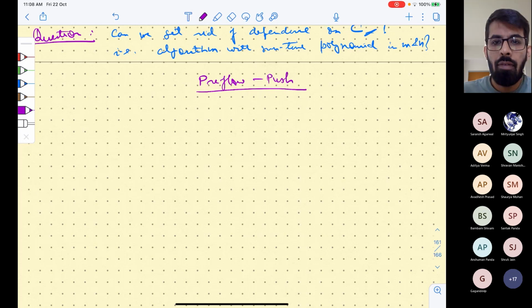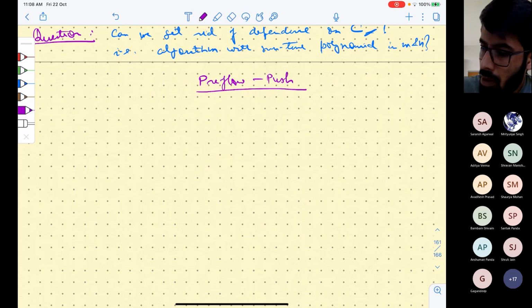So in the push algorithm, this is slightly different from what we had in the normal Ford-Fulkerson algorithm. Instead of maintaining a flow all the time, we will try to get to a flow, and we will see what that means. And instead of pushing a flow on a path,